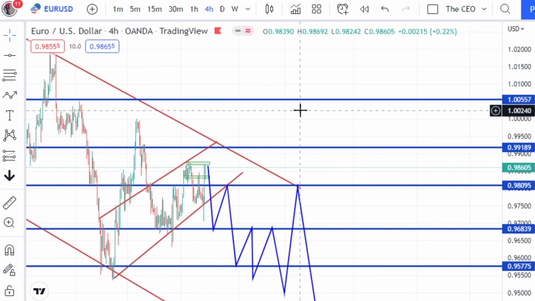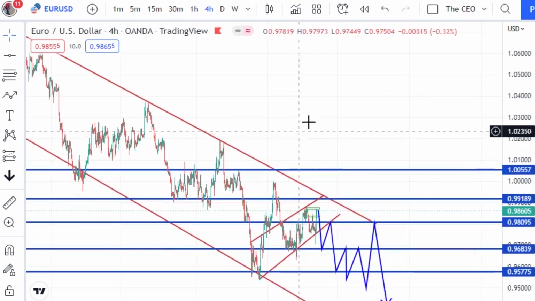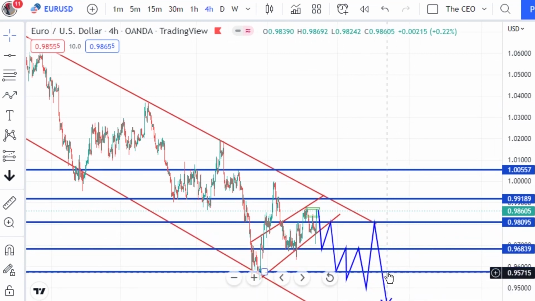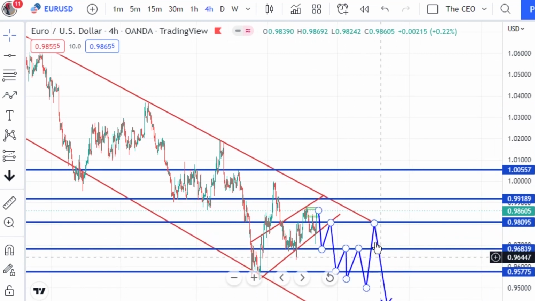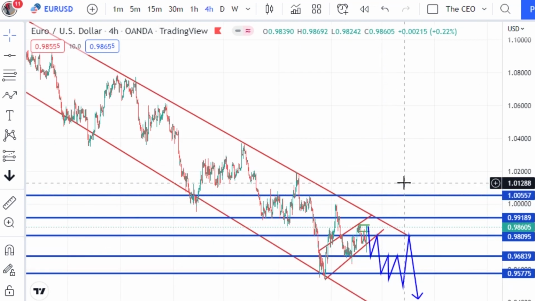So I don't think there's much more on the euro. The market looks like this, and this is what I think will happen in the long term. I hope you learned something. If you did,